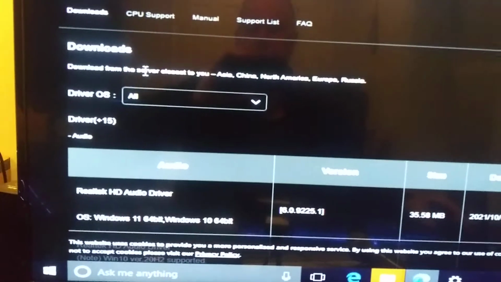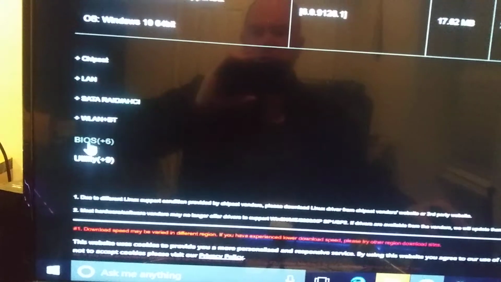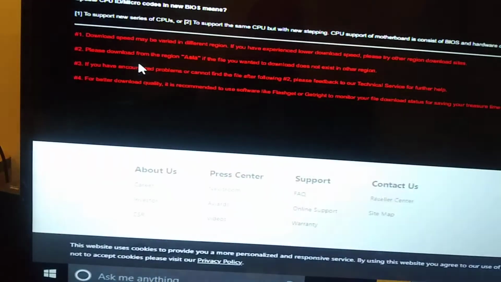You don't have to put drivers in there. I was actually searching for drivers, but it'll take you to the same place. You saw I just clicked on BIOS. And there's a bunch of different ones in here. First, okay, so